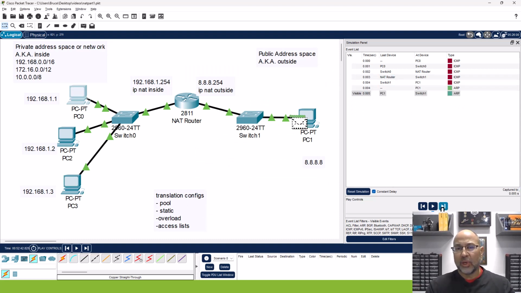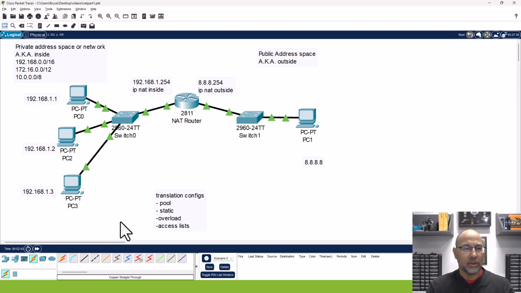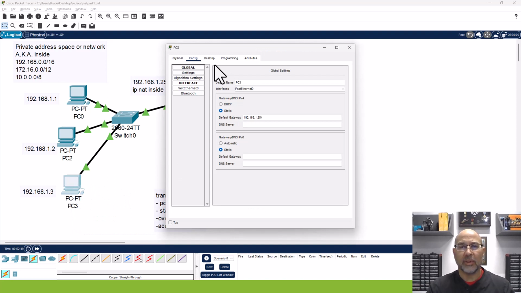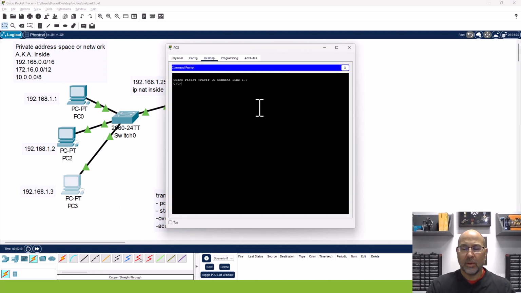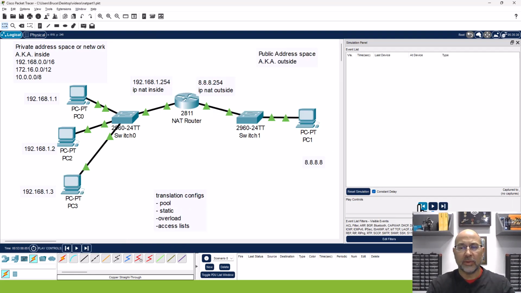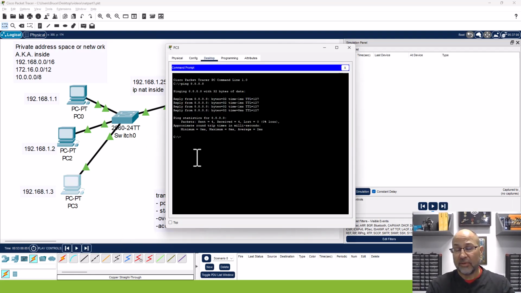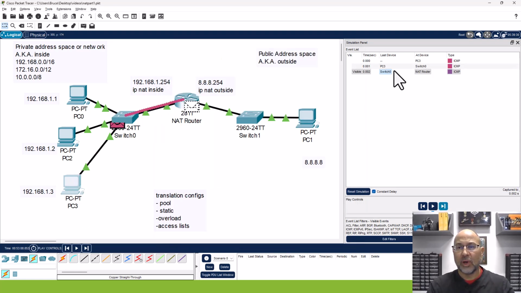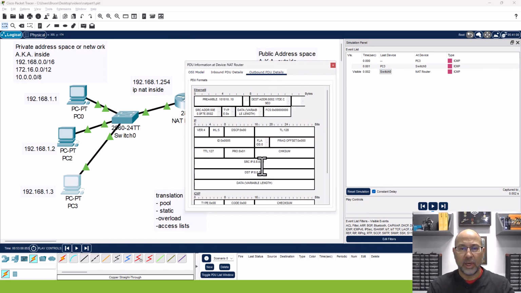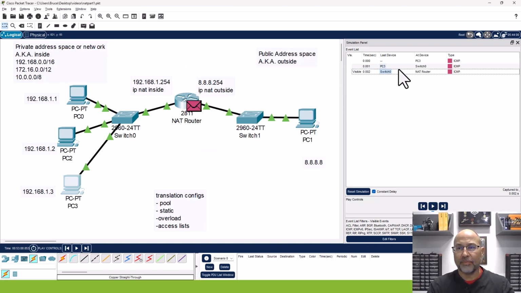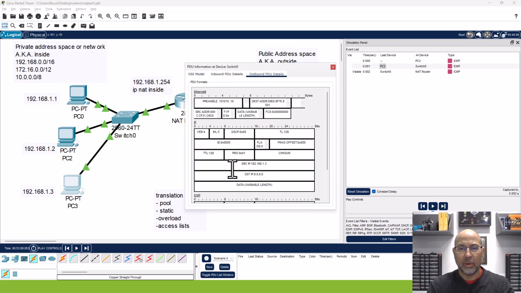Let's see what happens when we go to real time again. Save a little time. Let's do them out of order to see what happens. So I'm going to do ping again, 8.8.8.8. All right, so it's working. Let's go to simulation. That just gets me out of waiting for all the ARP stuff again. Okay, so we're going to step through. So on the inside, we have, oh, I caught it on the outside. Let me go back to the inside. There it is, 1.3,